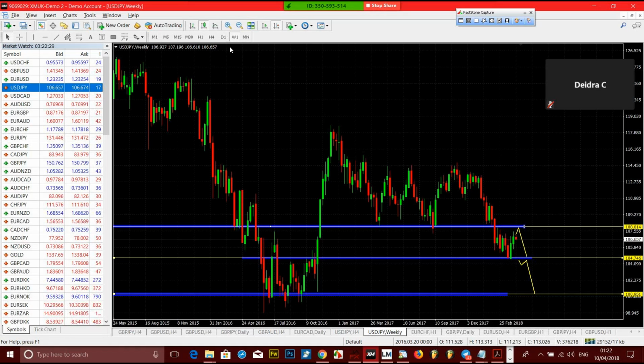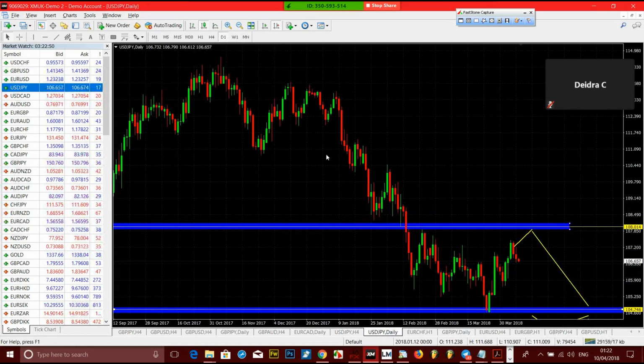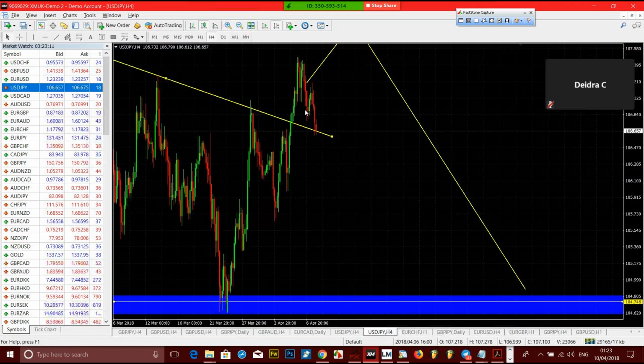But that's going to take you, because it's on the weekly, so you're looking at several weeks before they all play out, because of course this one candle represents a week, so this might go into months before you see the full benefit of that swing. So we're going to bring it down to the daily first of all, so I can have my trend line drawn. So if I bring that trend line here, I think it's better I bring it to the 4 hour, because the trend lines may not touch. So let me bring it down and then reduce this.